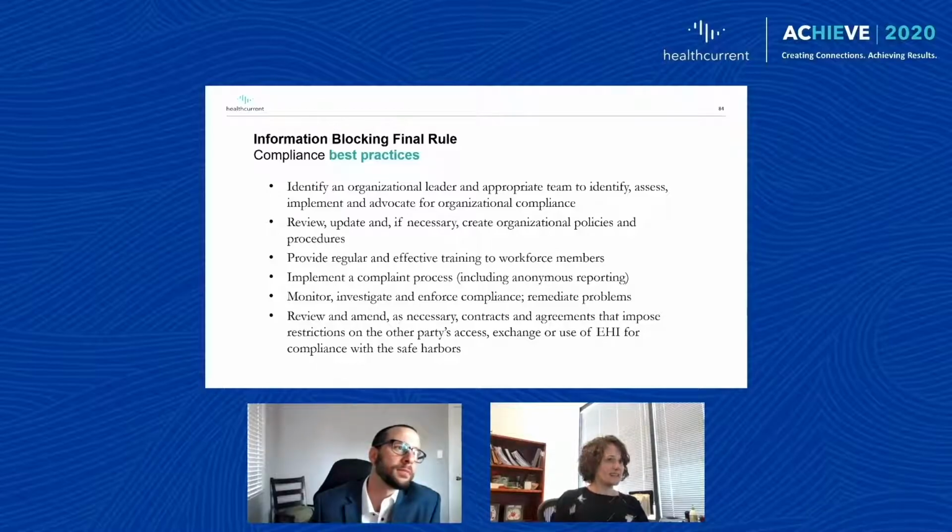Well, it depends. We would need more facts to determine whether or not you have something that both implicates the information blocking provision and violates it. So remember, the definition of information blocking is any practice, act, or omission that is likely to interfere with the access, exchange, or use of EHI. So if you're getting a request from a third party to engage in a data sharing arrangement, whether or not that implicates the information blocking rule is going to be driven by